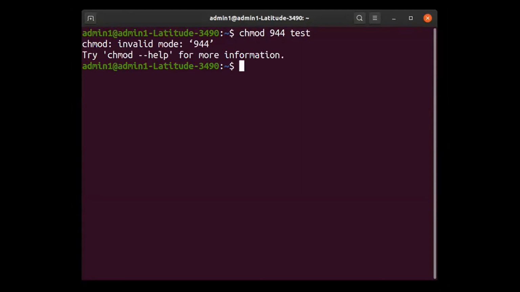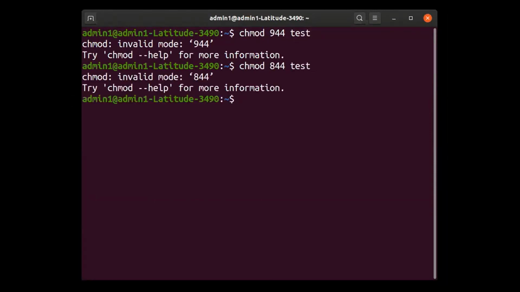See the octal values. When you add all the three octal values, the highest you can get is 7. Octal is to the base 8, and that is why it goes from 0 to 7. 0 means no permission. Whatever permission you want, you just add it up. So you cannot give any number beyond 7. You can't even give 8, let alone 9. It should be only between 0 to 7, otherwise it will not entertain it. So let us come back.